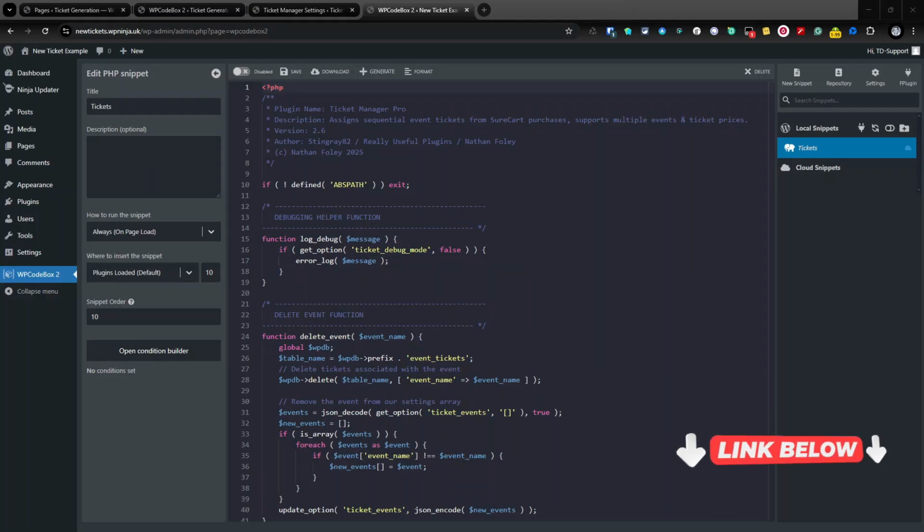In today's article, I'm going to show you how to set up my new Ticket Manager Pro for SureCart purchases. It's going to be a paid-for tutorial. You're welcome to watch the video here and see some of the stuff that's done. I'm going to go through the complete setup of your store here, and from there we will start selling our